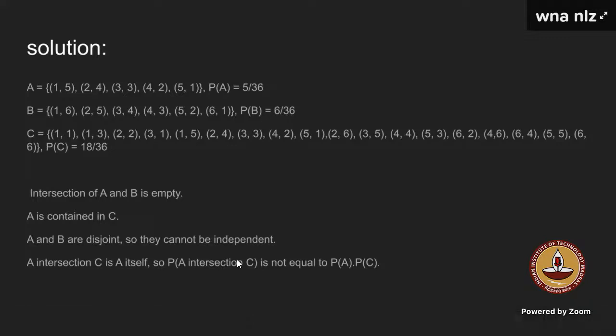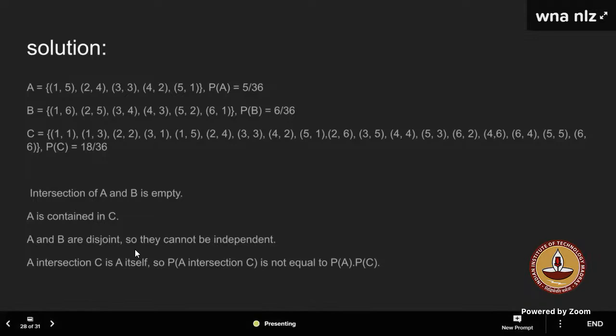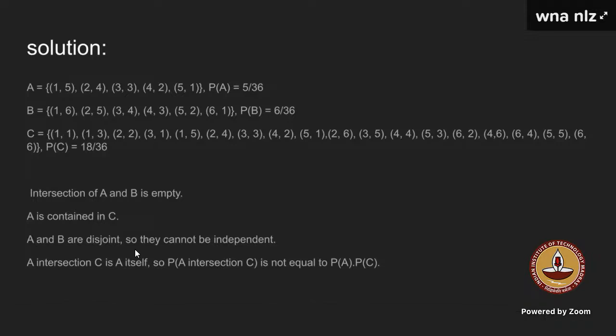So can you explain independent? Yeah, independent events are basically those events, suppose we have two events, that are said to be independent if one event occurs and it does not change the probability, or does not impact the probability of the other event happening.